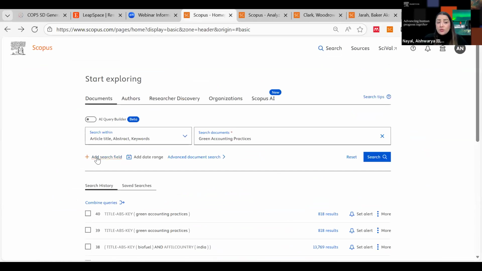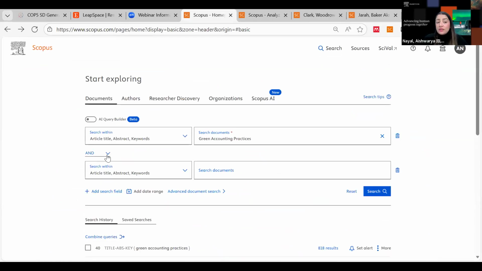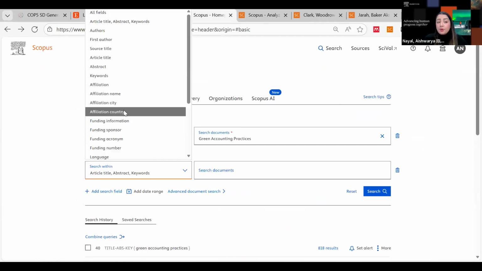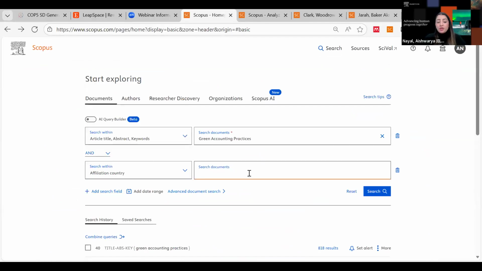What you can also do is add a search field here. There is a Boolean operator which says AND, OR, and AND NOT. So let's say I put here affiliation country and I put here